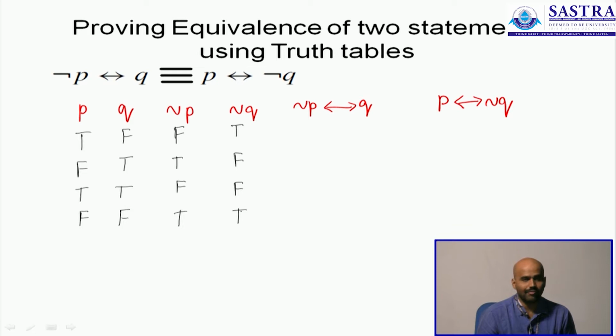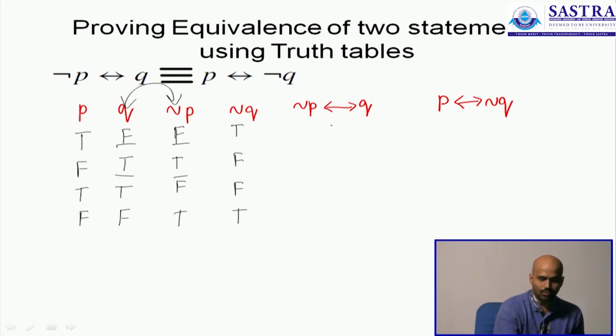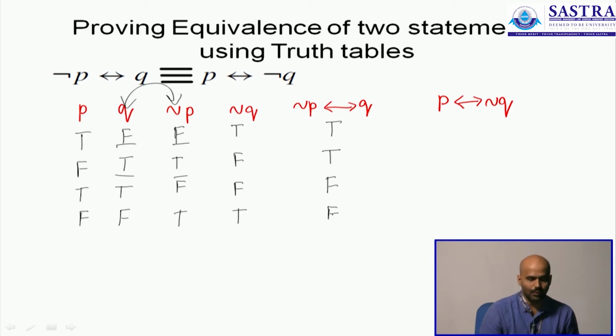You have to be very careful here. It's a biconditional between the second and third columns, Q and negated P. So you will have a true value returned only in the first couple of rows, because they are 100% match only then. They are together false, or they are together true only in 2 rows. Columns 3 and 4, they are different, and hence they won't return a true value.